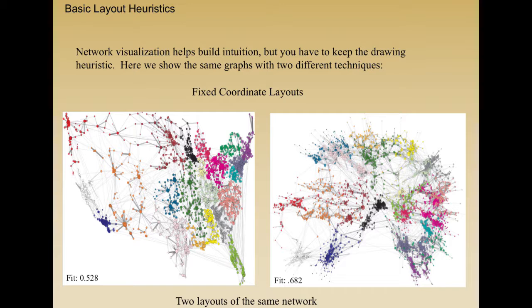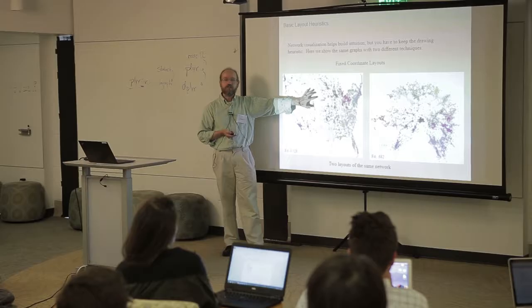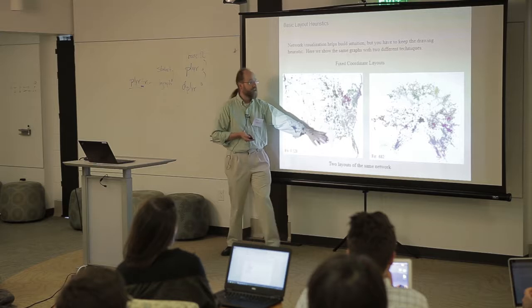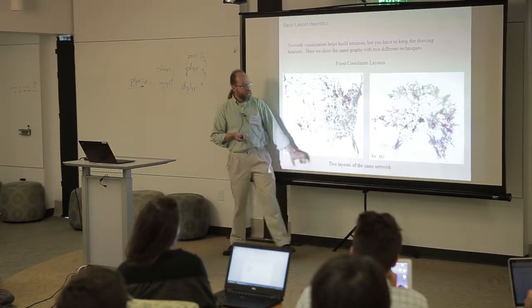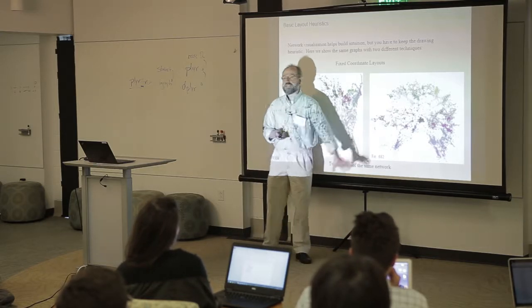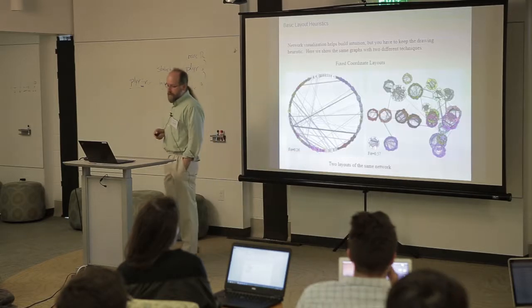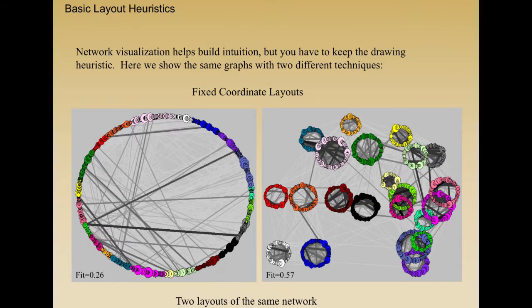But the advantage of something like a map is your audience understands the frame of reference, right? And so that's a huge advantage. We know where Texas is, we know where Maine is, and so forth. Whereas here, I'd have to try to figure out, well, where's Dallas, right? Some fixed-based layouts are pretty miserable, right? So a circular-based layout can really be a pain in the neck.